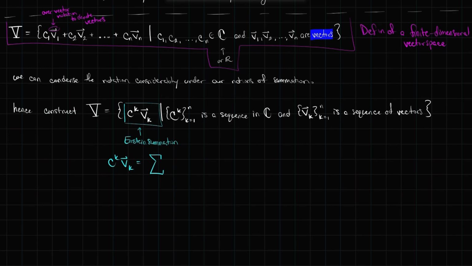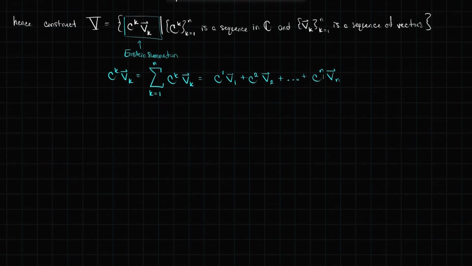we also have the sigma notation here. Let's say the sum for k going from 1 to n of Ck v sub k, which is also C1, now I'm using a superscript, v1 plus C2 v2 plus ... plus Cn Vn. And so we have, because of Einstein summation, a nice little shorter way of writing a vector space. This is useful